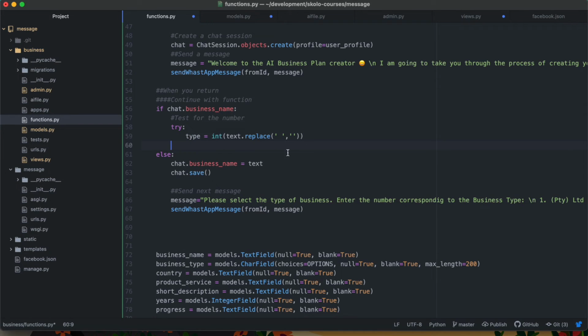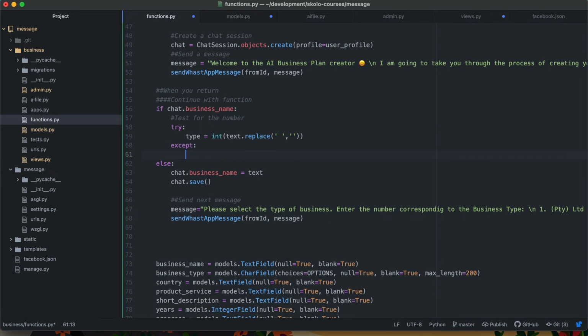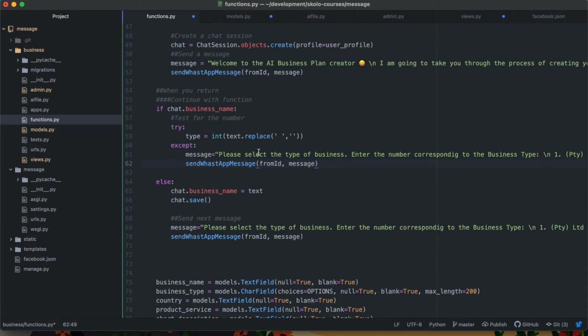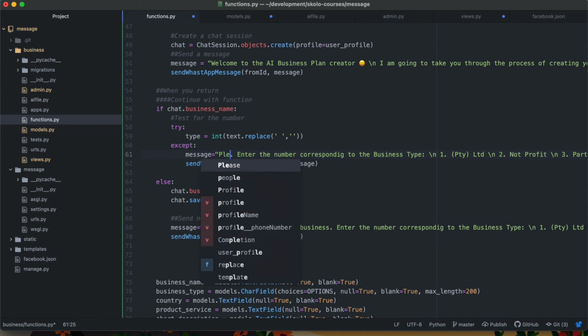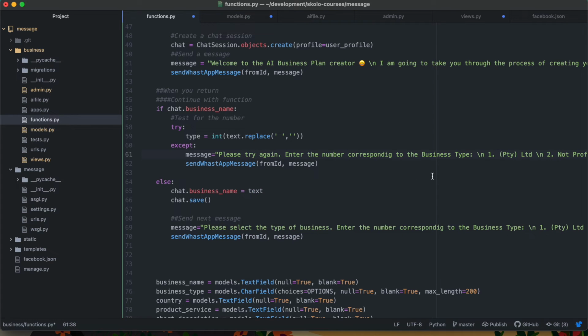If this one fails, it means that they didn't enter a number. So we're going to ask them to please try again. Please try again. Please enter the number corresponding, so that they can enter the number. And then when they try again, it will come back here the next time around, and then the type must match the integer of this. And if this works,